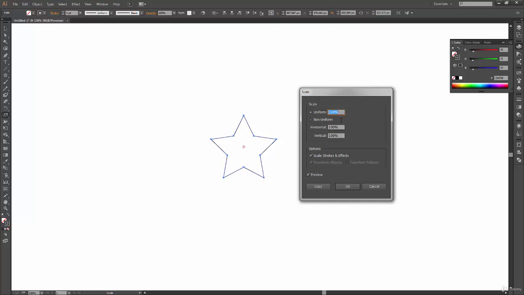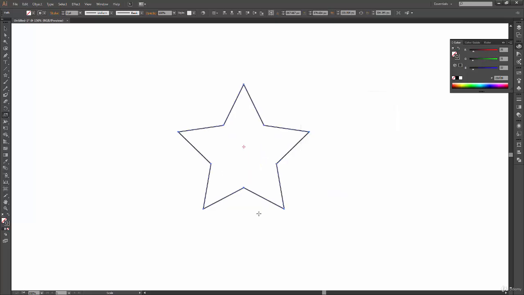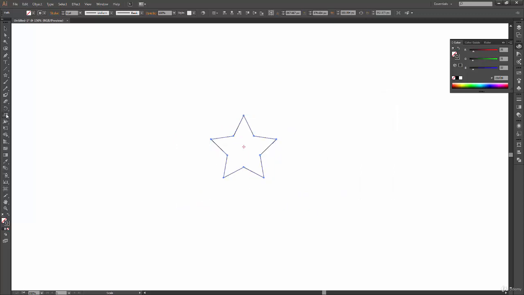And now you will see these values which say 100%, 100%, 100%. By default, the scale is 100%. If you reduce it to 0, the size of your shape will be 0. So this 100% defines the actual size, at which percent your shape is. Right now it is 100%. If you change it to 200%, it will just double the size of your shape. So here I have the star, which is exactly 2 times the size of the previous star.